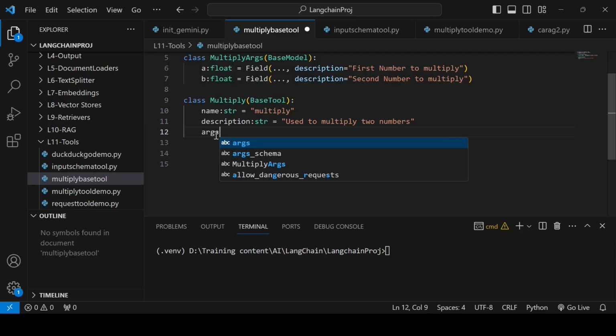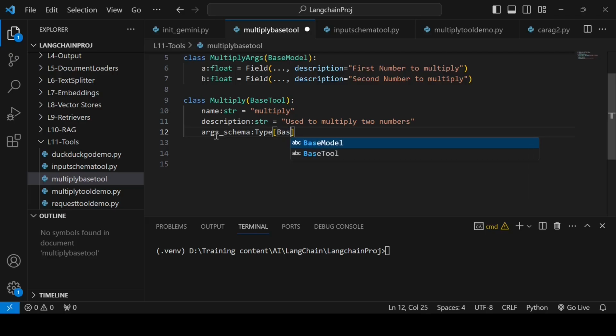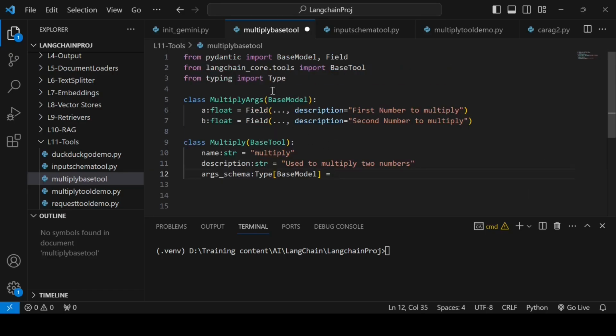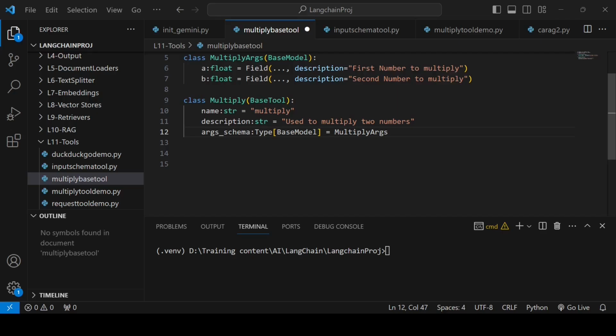So args_schema for this type will be, that's where I will use this type, BaseModel. It will be of BaseModel type and MultiplyArgs, right? So now I have used the first three.